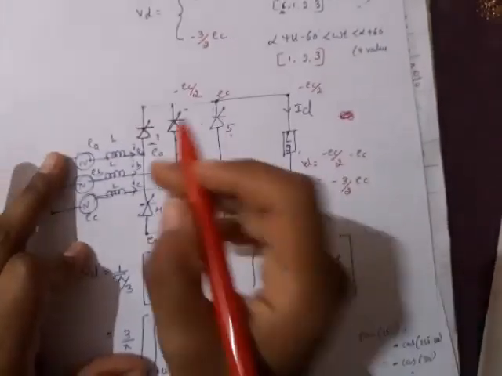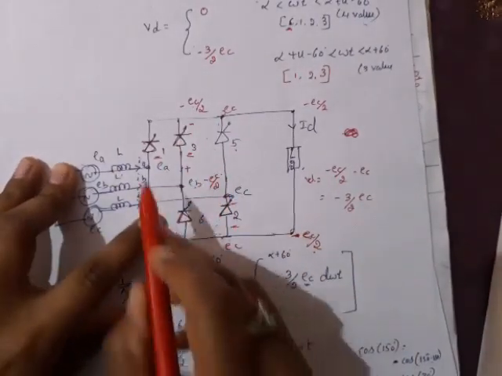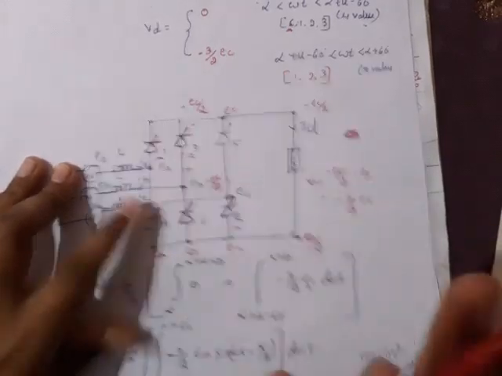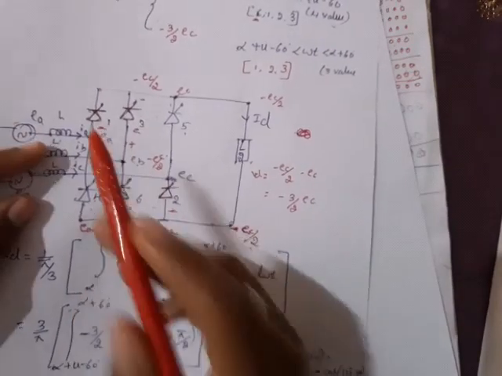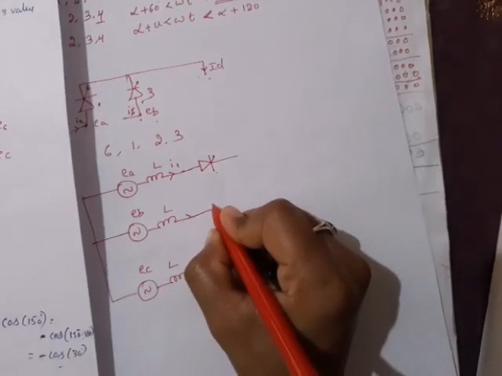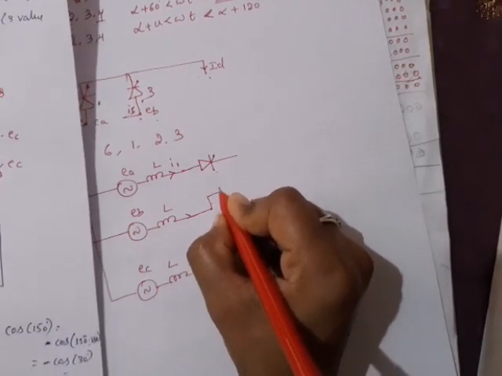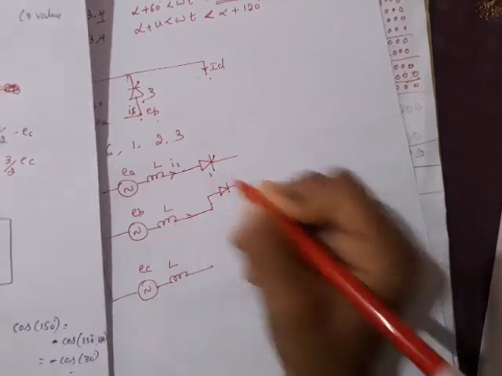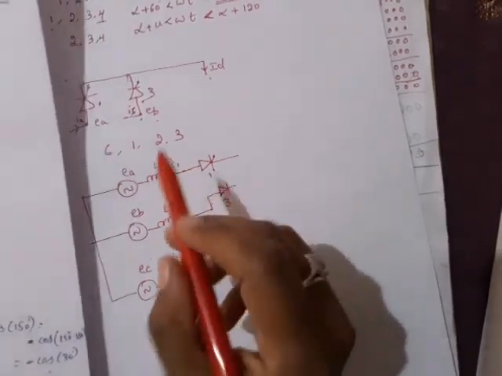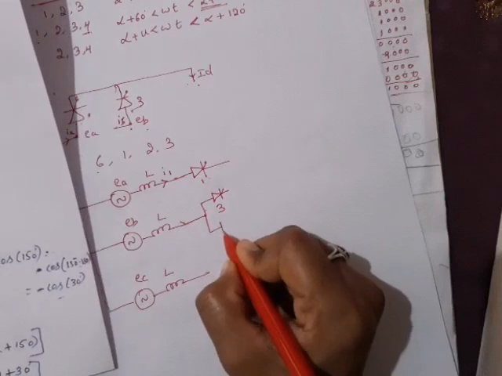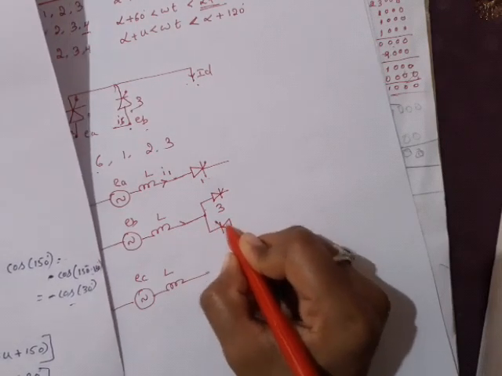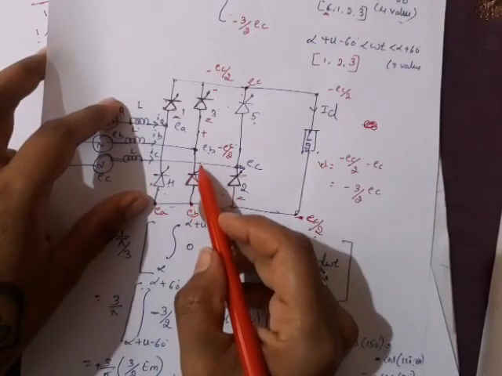Here it is. So which are all the whiles we have taken? 6, 1, 2, 3, right? So here for EA in series, while number 1 comes. For EB in series, while number 3 comes. This is while number 1. This is while number 3. And while number 6 is also in conduction, but 6 comes in the opposite direction. Right now, see here, 6 is in this direction.